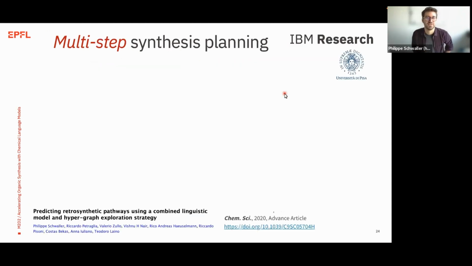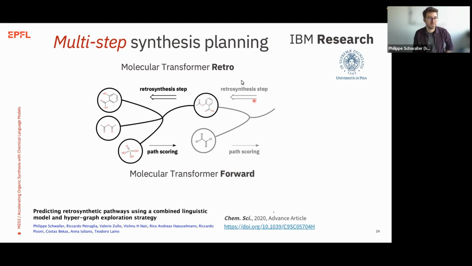And we explored this in a collaboration with the University of Pisa, and there we had trained 2 different molecular transformer models, one to do those retrosynthetic steps, like given a target molecule, predict the likely sets of precursors. And because it's impossible on a large scale to give all the possibilities to a chemist to evaluate them, what we use to score the different paths that we have had in our synthesis routes, we used the molecular transformer